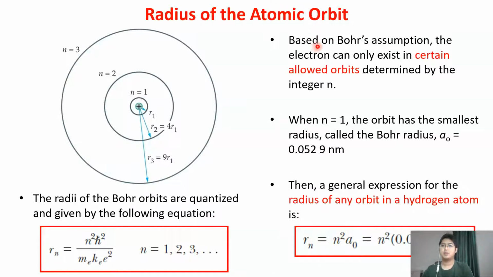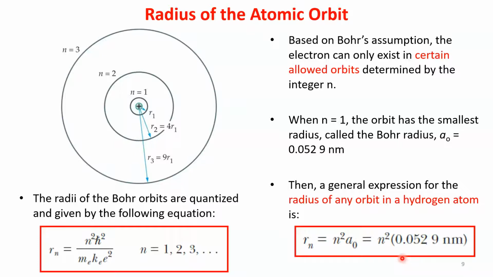Based on Bohr's assumption, the electron can only exist in certain allowed orbits determined by the integer n. When n equals 1, the orbit has the smallest radius, called the Bohr radius, a0 equals 0.0529 nanometers. The general expression for the radius of any orbit in a hydrogen atom can be calculated using this equation: Rn equals n squared a0, or n squared times